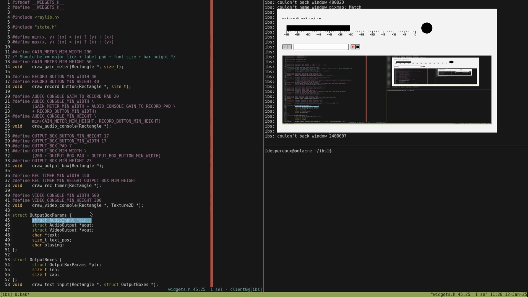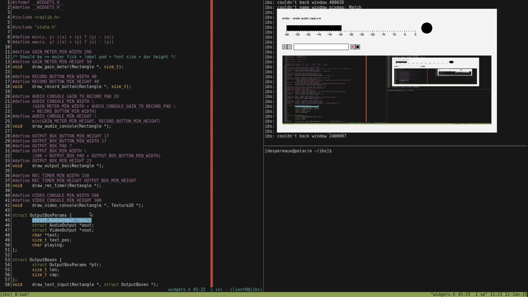I wonder if it is as simple as going through all of the output boxes and then manually checking them for pointer equality and updating them.